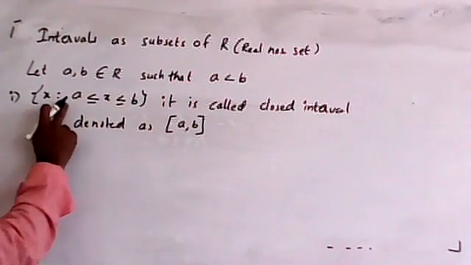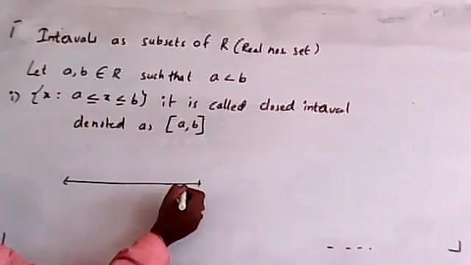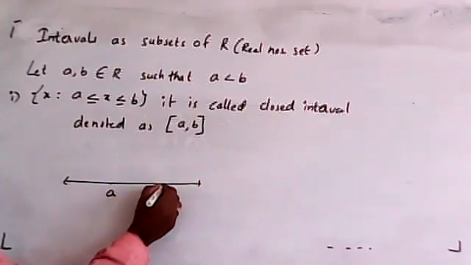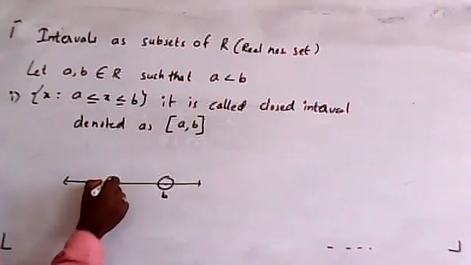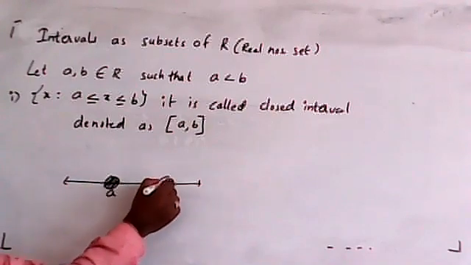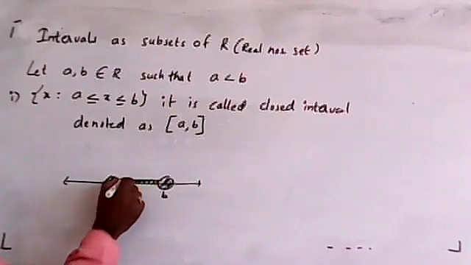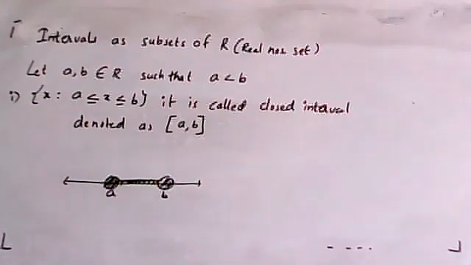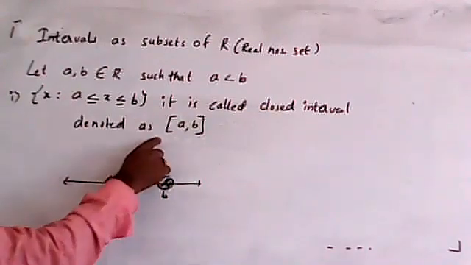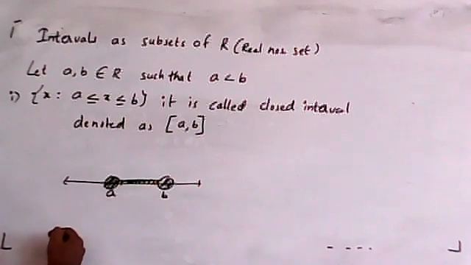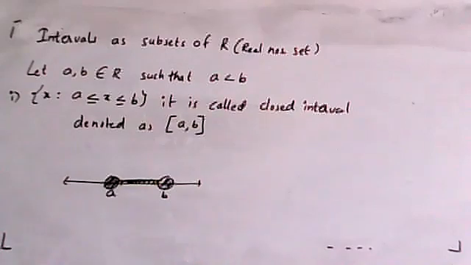Suppose you are putting these two numbers on a number line. Say I will put a number line here, and now say a is here and b is here. Now I will put a circle. A is also included, so I will fill this. B is also included. From here to here, A is counted, B is also counted, and the numbers in between are also taken. That we call closed. Open means A is not included, B is not included, but the in-between numbers are included and counted.